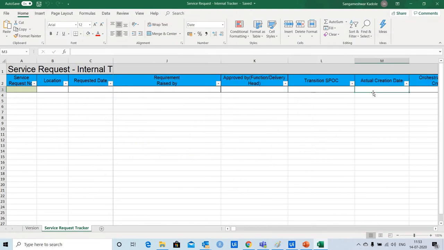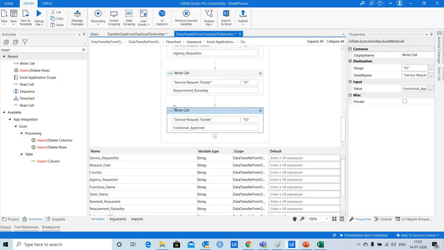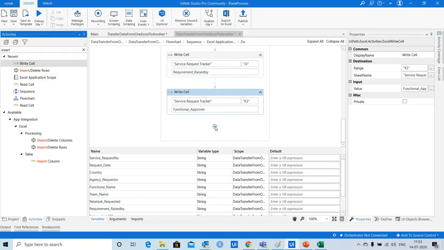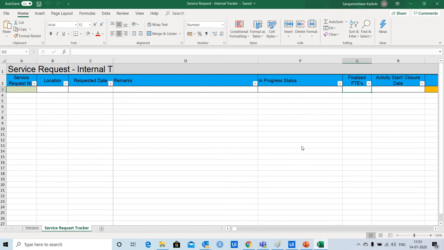Next, at last I want to capture the estimated FTE or finalized FTE in the cell Q3. So for that again I will have to use write cell activity, and then use the sheet name from the previous write cell activity since the sheet is same, and then I need to capture the data in the cell Q3.